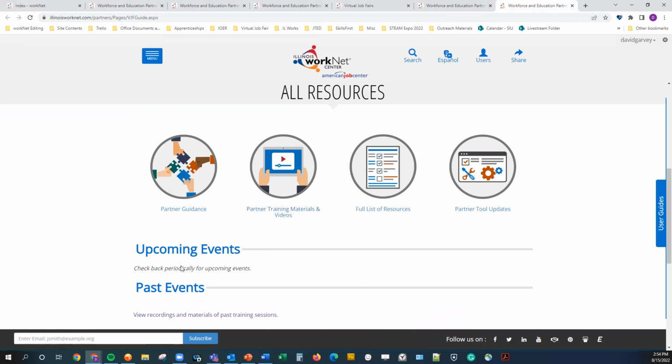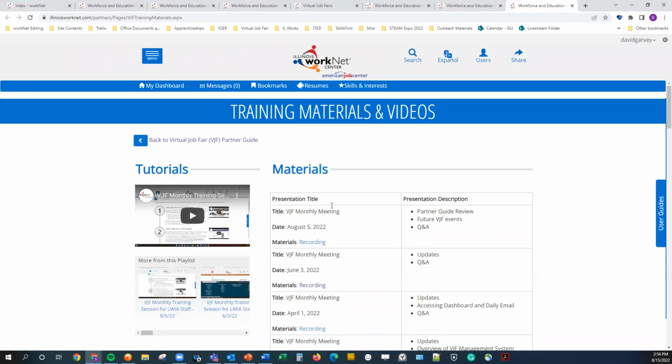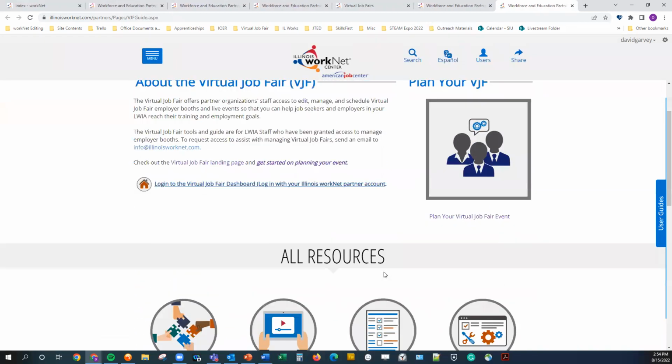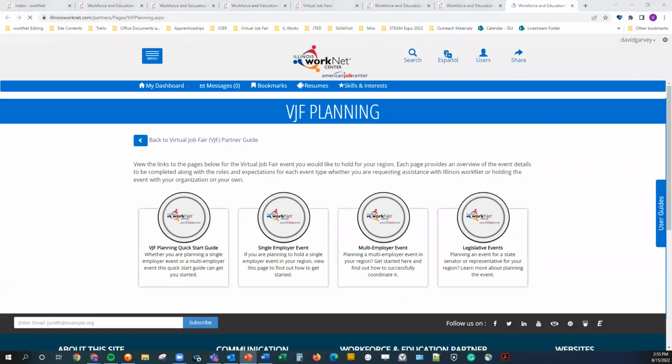But we will have a table that includes how to register and join that call. And the view recordings and materials of past training sessions, if we click that, that's just going to take us back to this page here with the past training sessions that we've held on the tool. But to actually plan your event, if you select either the image or plan your virtual job fair event here,